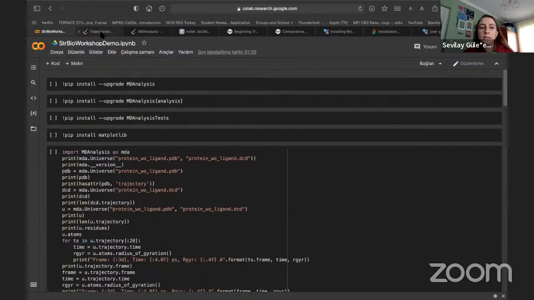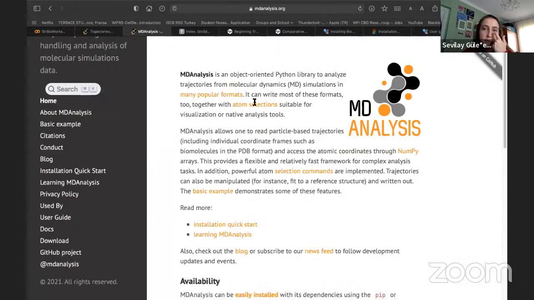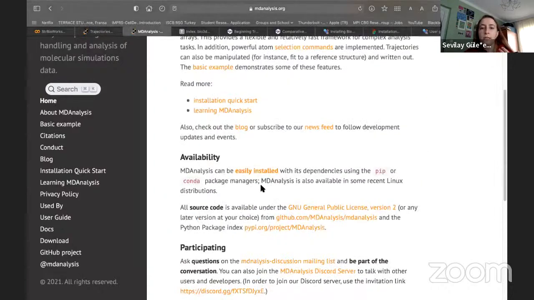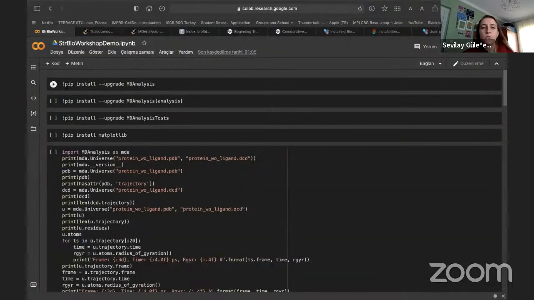To use MDAnalysis, firstly, you can find the information about MDAnalysis on GitHub. I gave each link about MDAnalysis. This is a good tool to analyze your trajectory results and your MD simulation results. It is written in Python, and it is a Python tool. To run it, you have to have NumPy, and you also have to install it, and the installation is very quick. If you want to install it by using pip, you can write only these two,